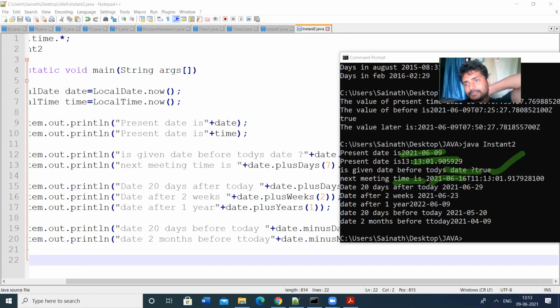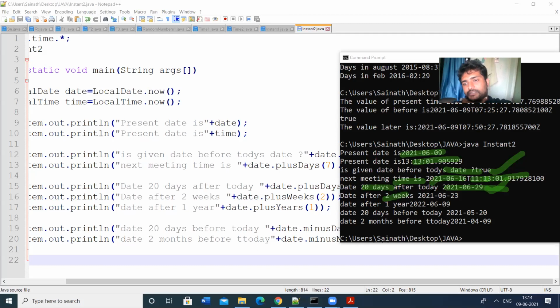I have given minus 2 hours. The current time is 13:13, so minus 2 means 11:13. Then I am adding 20 days to the current date. Today's date is 9 6 2021, so 20 days means 29 6 2021.